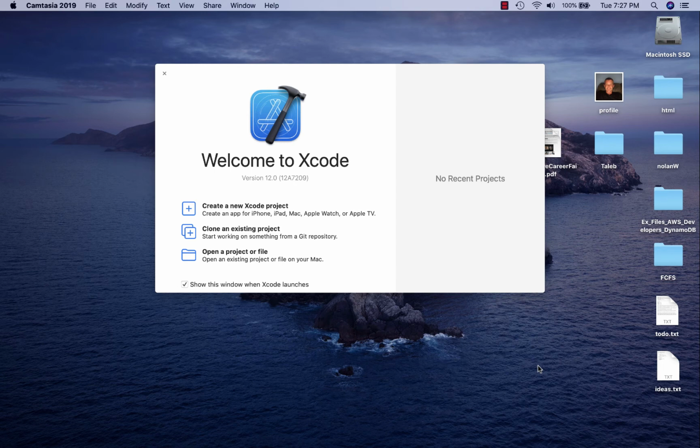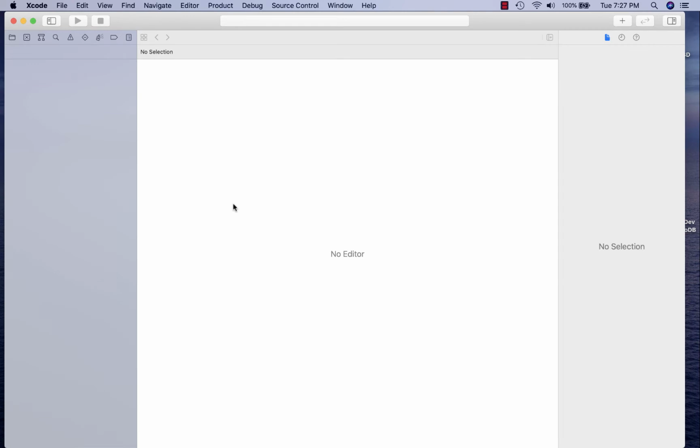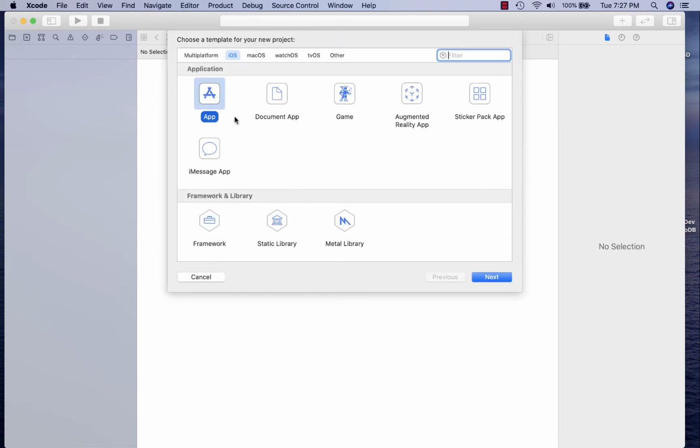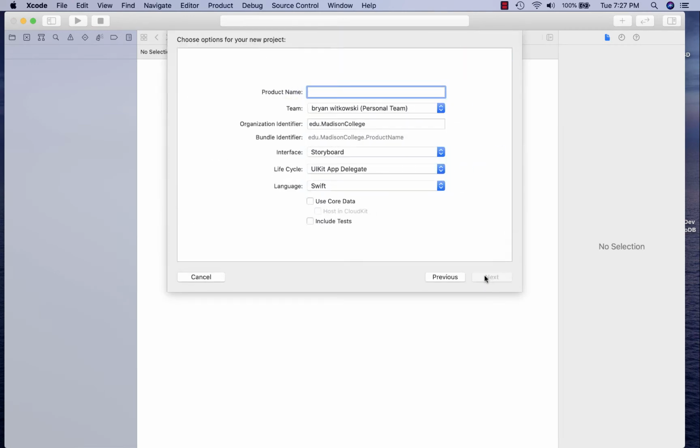In this example, I want to go ahead and take a look at gesture recognizers and a couple in specific. So the first one I want to look at is the pan gesture recognizer, and we'll look at that in two different ways. So I'm going to go ahead and create a new Xcode project, and I'm going to make it an app, and I'm just going to call this gesture recognizers,